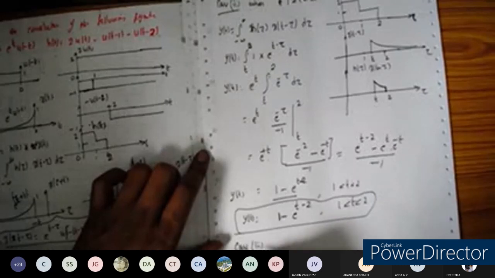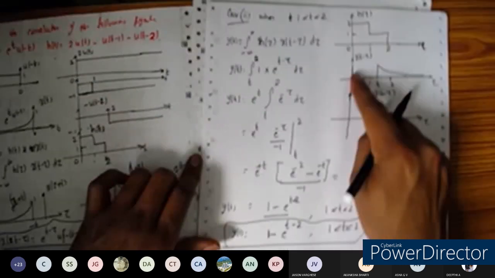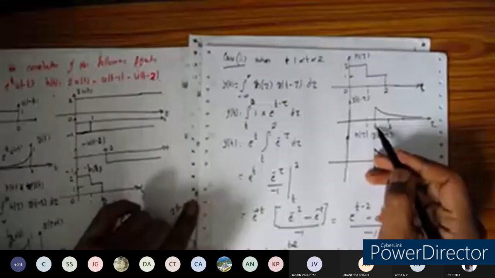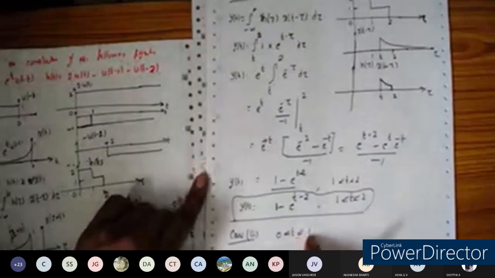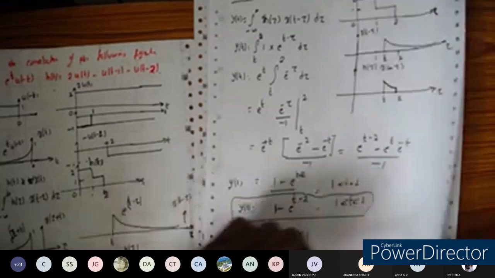Case 3. So when 0 is less than t is less than 1, we are going to make the t move between 0 to 1. So that is 0 is less than t is less than 1. We'll make here. So let us take the waveform in the next page. I'll take the waveform, so getting the concept right.